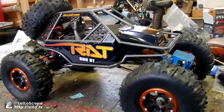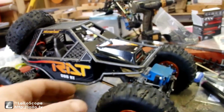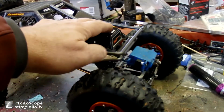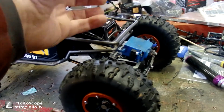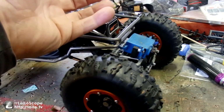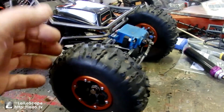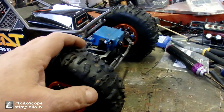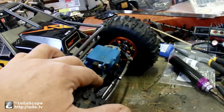So I've got the electronics installed as tidy as I could. I thought about a lot of places to put them. I thought about putting them underneath the hood because there is room, but then everything is just suspended by the body and stuck upside down. I'm just afraid of it taking a big whack and just falling off or getting damaged. I didn't want to put a battery on the front plate,